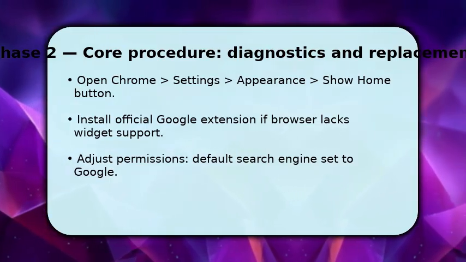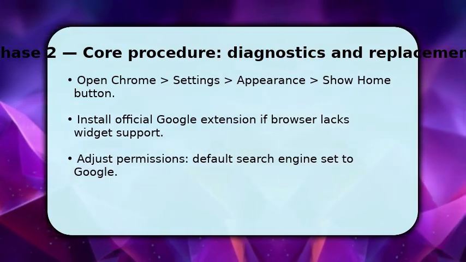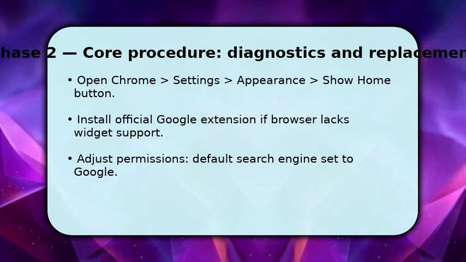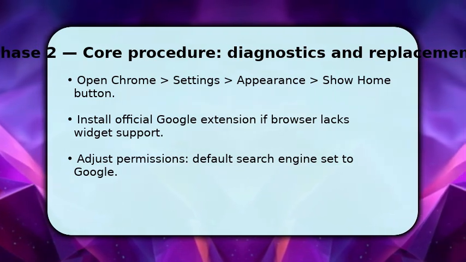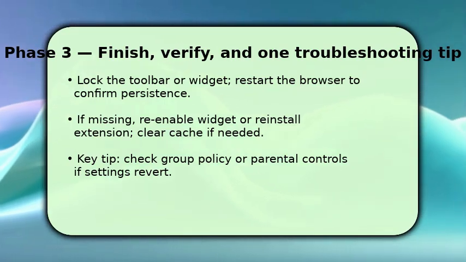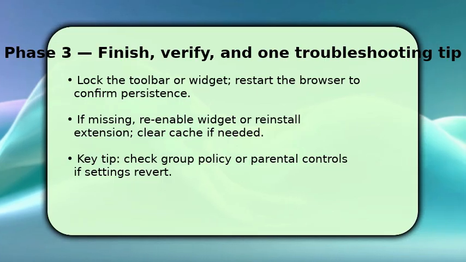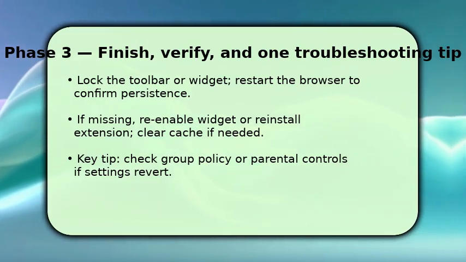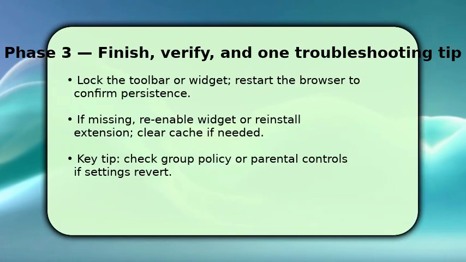Once configured, test by typing a query or clicking the home icon. Finalize by locking the toolbar or widget position and restarting your browser to confirm the Google search bar remains. If it disappears, re-enable the widget in taskbar or dock settings, reinstall the Google extension, and clear the browser cache